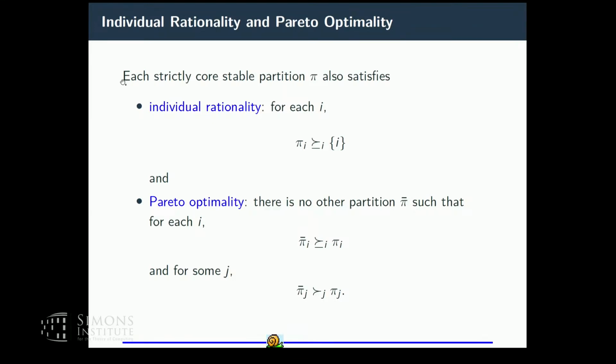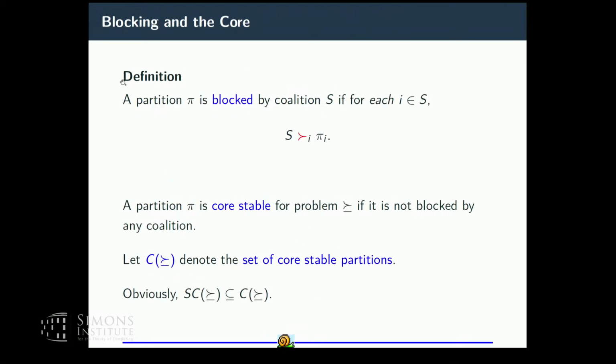Clearly, there are 2 specific blocking notions. You block with yourself. If that's not possible, you have an individually rational partition. And you have Pareto optimality when the grand coalition cannot weakly block. Now, the other blocking notion is that of strict blocking, or just blocking. That happens when everybody in the coalition is strictly better off. And the absence of blocking coalitions defines the core. By definition, we can very easily see that the strict core is always a subset of the core. It's more difficult to block this way than in the strict core.